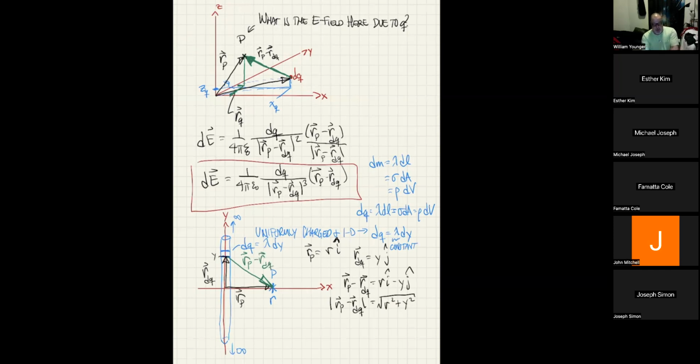All right, so now I can go about calculating my integral. I've got to flip the page, so you might want to try to render this in your head for what it looks like. I did not mean to switch to green for that. I want to go back to writing in black. The electric field E is equal to the integral of dE, and that's going to be equal to